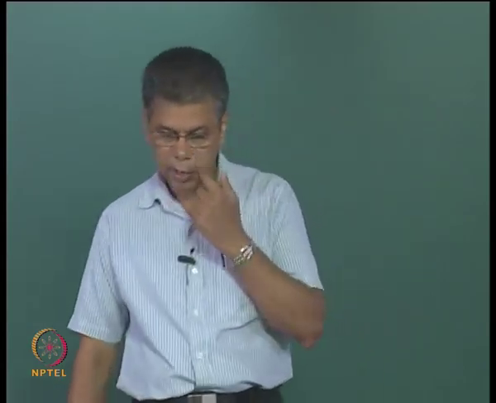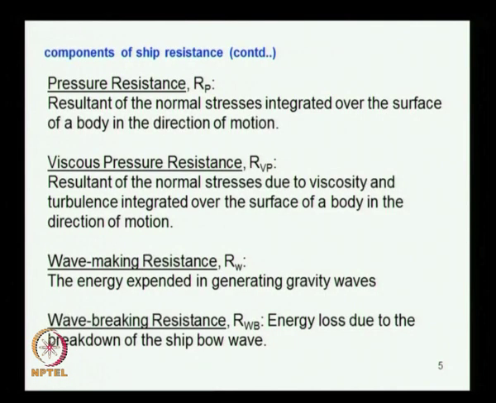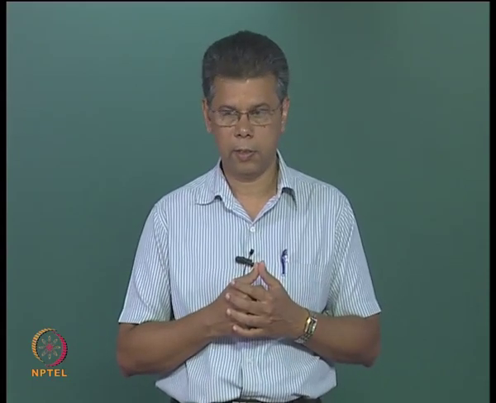So, the pressure resistance here, resistance of the normal, because you know the pressure acts normal to the surface. Hydrodynamic pressure or even hydrostatic pressure acts normal to the surface of the body, and you can resolve that across the direction, that is in the transverse direction of the ship, and another one in the longitudinal direction of the vessel. So, when you consider the ship surface, you can